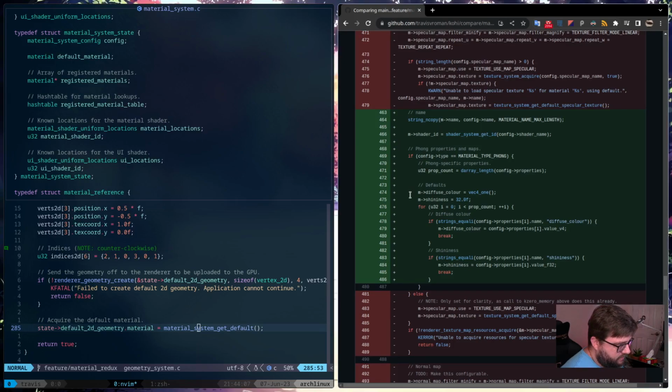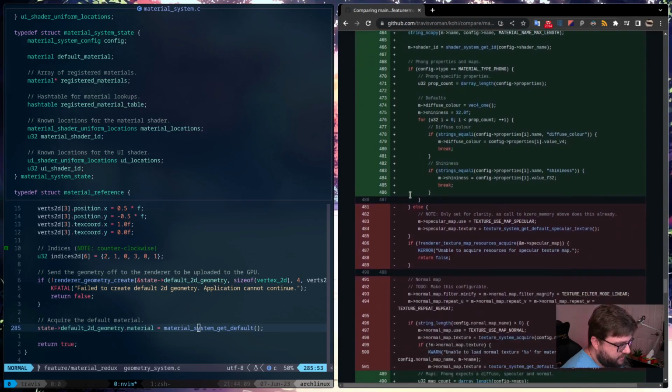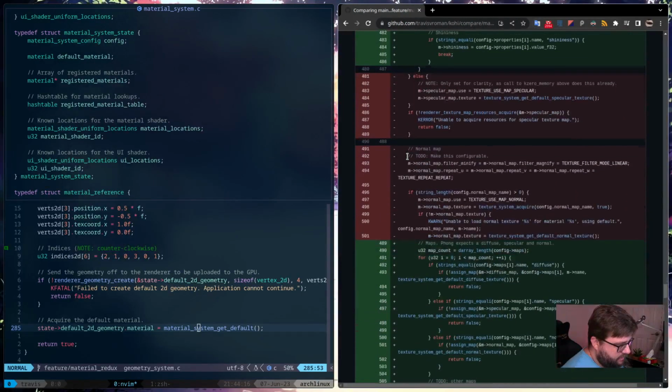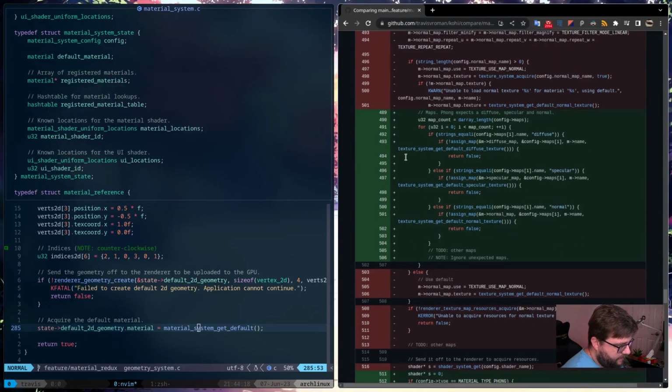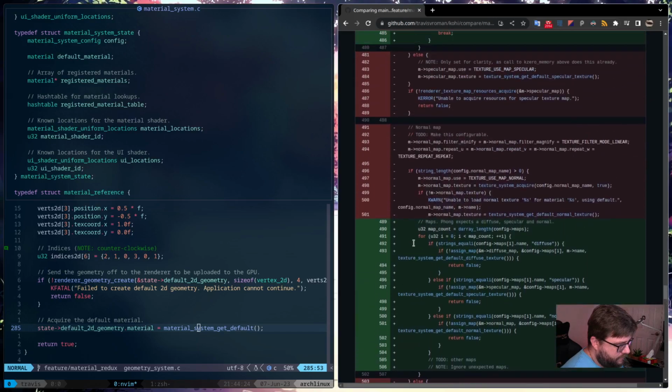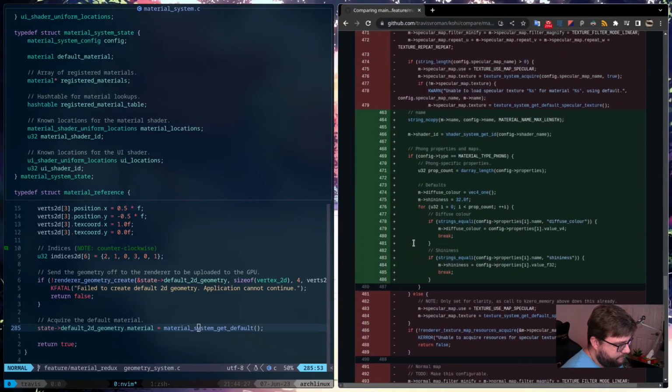So here's one of the main pieces that I changed. This is having to do with material types, load material. Material type Phong.